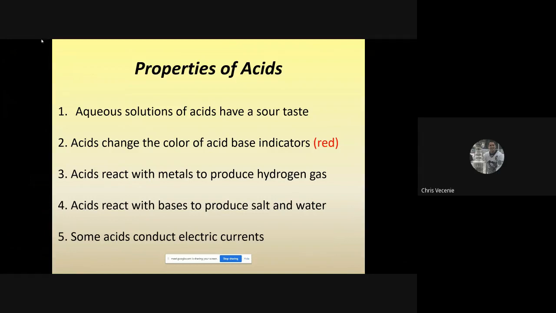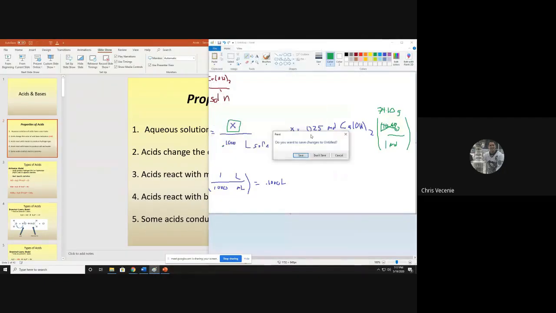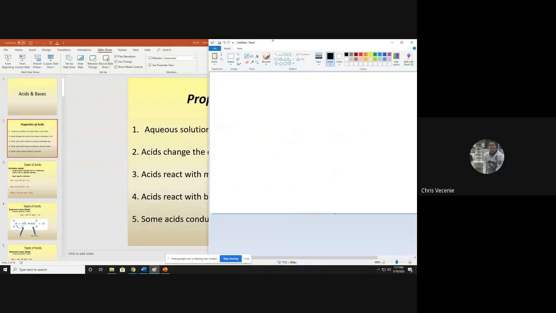And the reason for this has to do with what we do to predict reactions. If I take any acid, you're going to find out that a characteristic of an acid is that they all begin with hydrogen. So if I pick an acid like hydrogen chloride, which we would call hydrochloric acid,